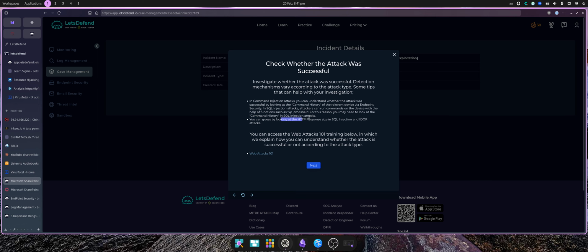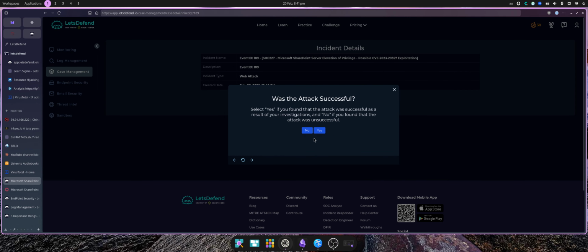Looking at the HTTP response size for SQL injection or IDOR attacks. What else does it suggest? For SQL, look for... Alright, so it's not applicable for our particular case. We're going to say it was successful based on the 200 response